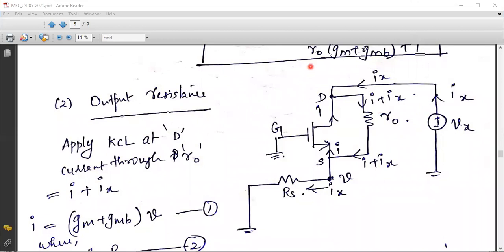So previously, Vsig we have given to the source terminal. Now I have removed that Vsig. And why? Because I am trying to compute my output resistance, so we need not focus on the input signal. So that will be short circuited. So the signal voltage Vsig will be short circuited, and I will insert a dummy voltage source Vx at the output terminal, that is the drain terminal, because I need to compute the ratio between this particular voltage and the output current.